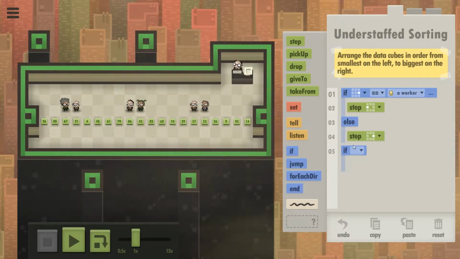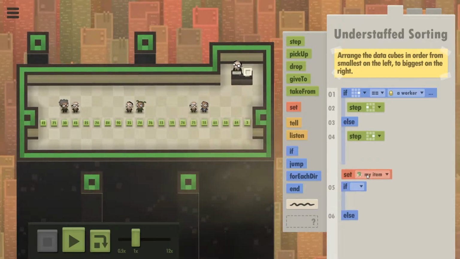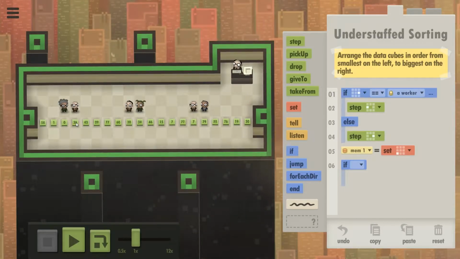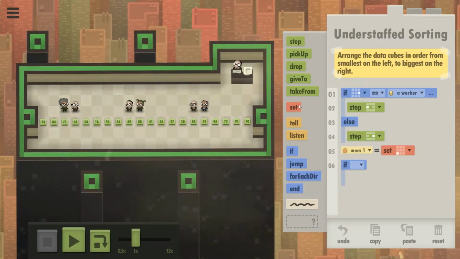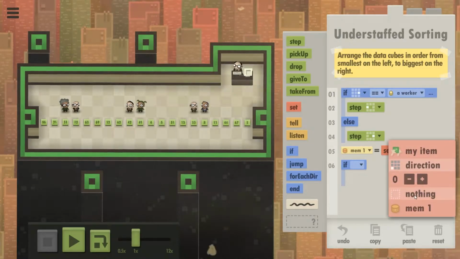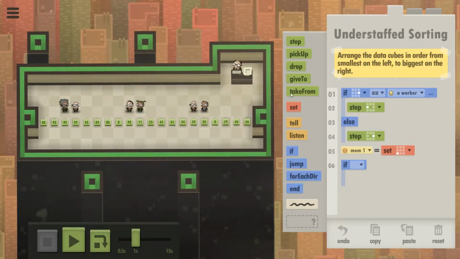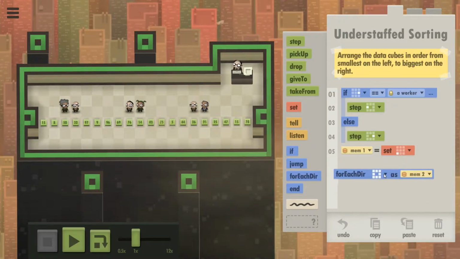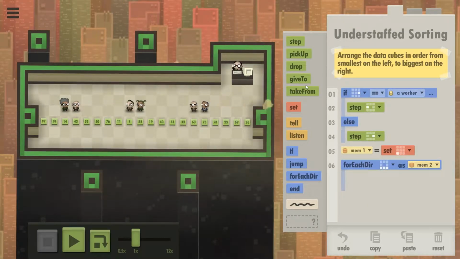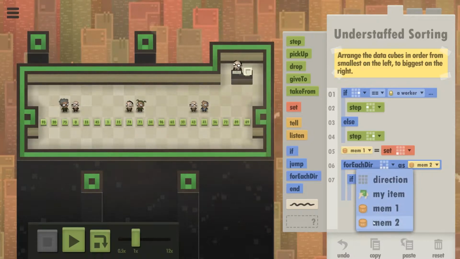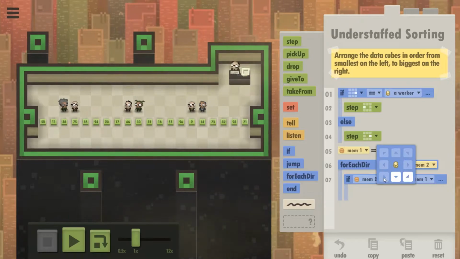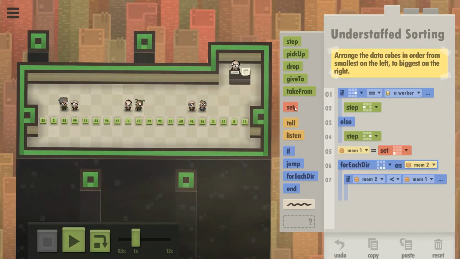So, if we're gonna set mem1 to be what's down left of me, we'll just assume that's the minimum. And what we're gonna do is, well, actually, we can set it to a null, but no, let's do it right. So, for each deer, we're gonna just check the bottom 3 as mem2. If mem2 is less than mem1, and we also need to check mem1 against itself, we will set,